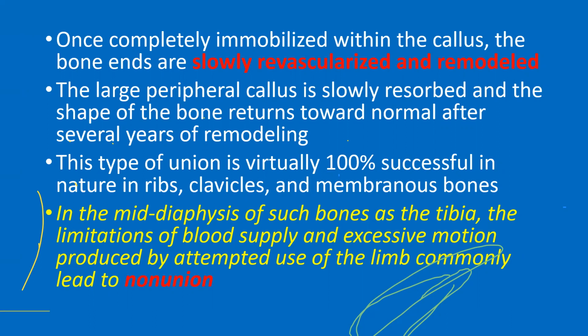Now, once completely immobilized within the cancellous bone, bone ends are slowly revascularized and remodeled. The large peripheral callus is slowly resolved and the shape of the bone returns towards the normal shape. And this type of union is virtually 100% successful. This occurs particularly in the ribs, the clavicles, membranous bone, and in the mid-diaphysis of such bones as the tibia. The limitations of blood supply and excessive motion produce